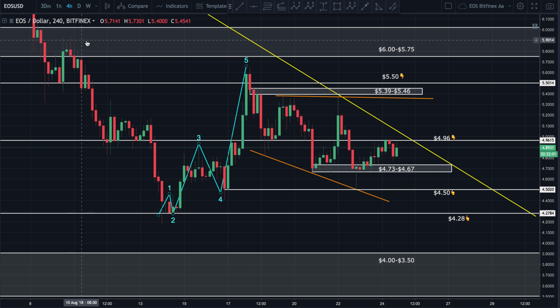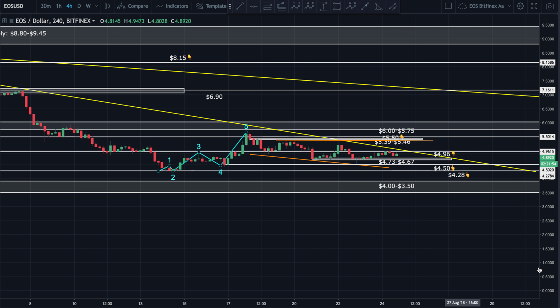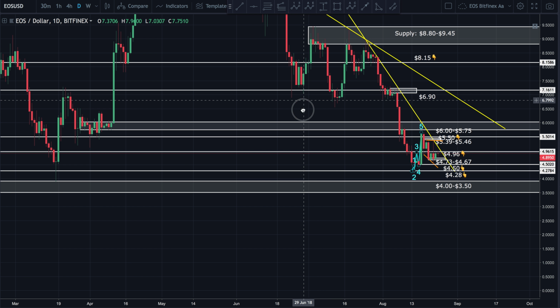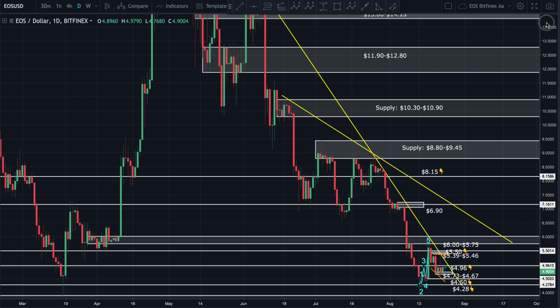We're looking at EOS to the US dollar. This is the 4-hour chart on Bitfinex, guys, and EOS is starting to look rather interesting. Let me just start off with the bigger picture, actually. As you guys know, if we pull out here to the daily, EOS has been operating below this descending resistance